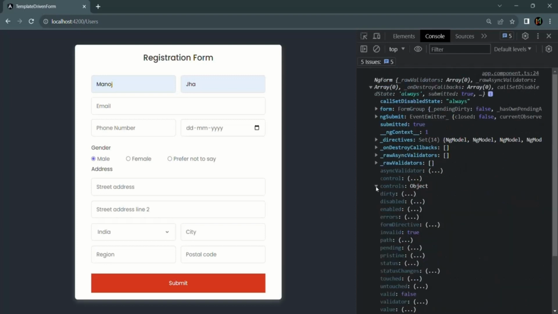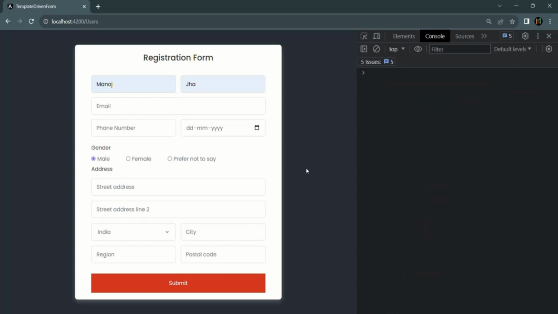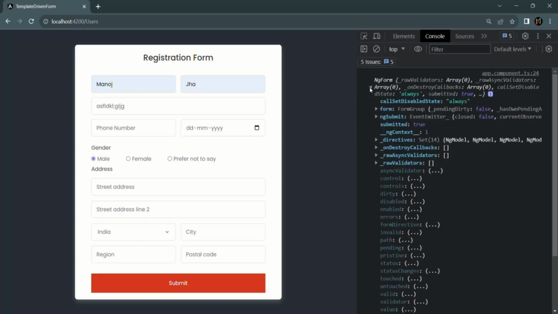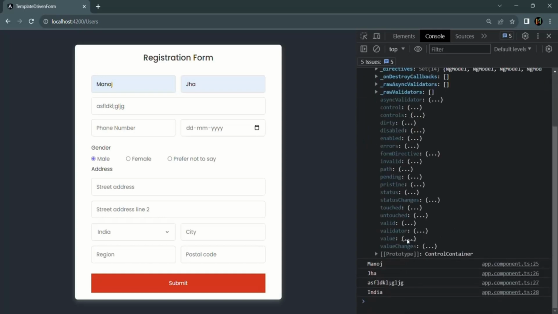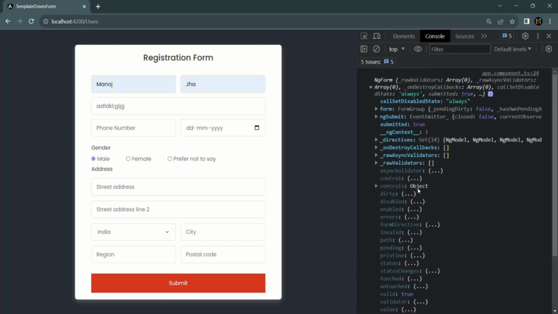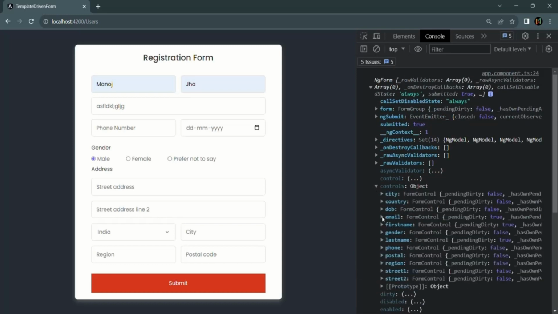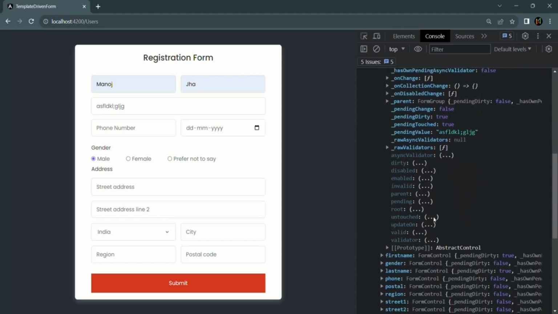All right. Now, another thing which I want to show you here is, let's say inside this email field, I enter some random value. So I'm entering some random value in the email field, but this is not a valid email, right? But since this field is a required field, and in that required field we have entered some value, if I click on this submit button, you will see that the valid property of the form is true. And if I also expand the controls and the email form control here, there also the valid